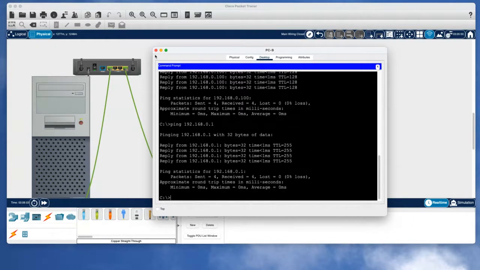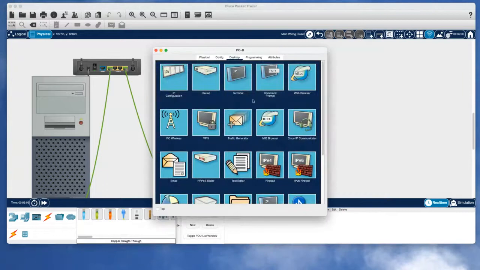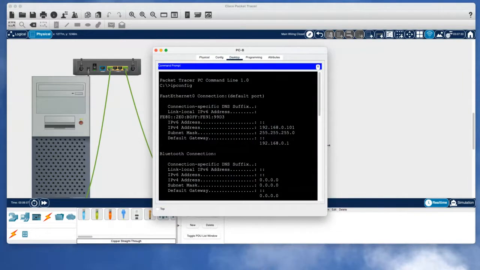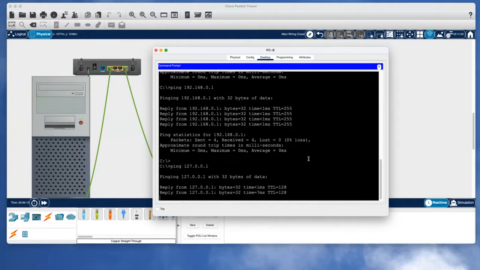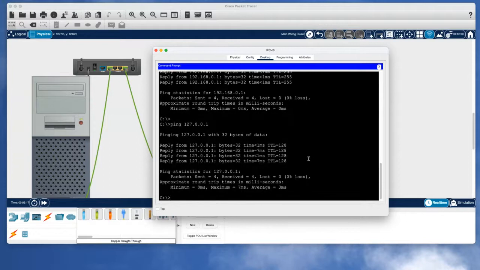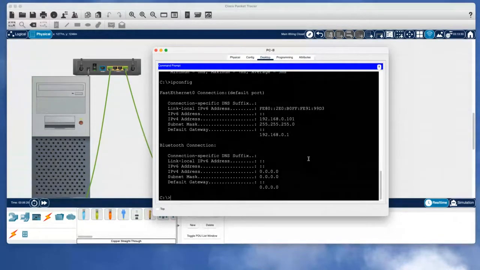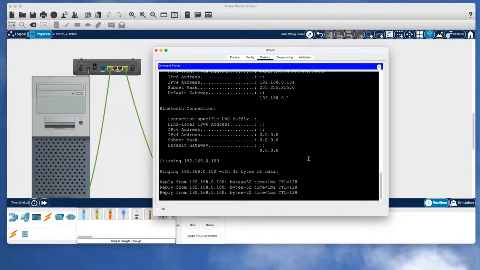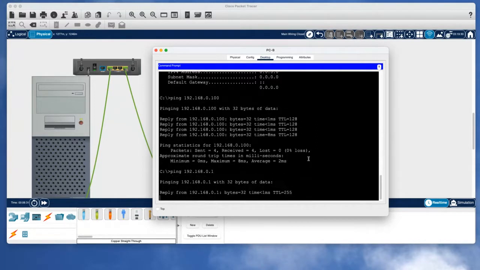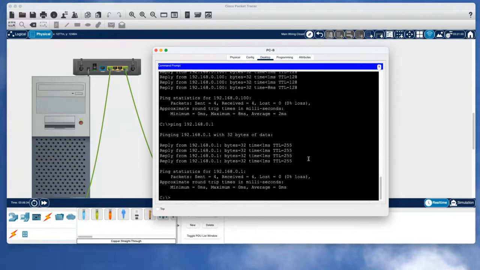Let's do the same thing on the second PC. So we'll go to the second PC, go to the command prompt, ping 127.0.0.1. That's good. What was my address again? I'm 192.168.0.101, so I'm going to ping my partner, 192.168.0.100. Ping that fine. And now I'm going to ping the default gateway, and that works just fine. So that'll get you started real good on that